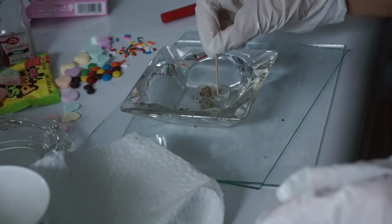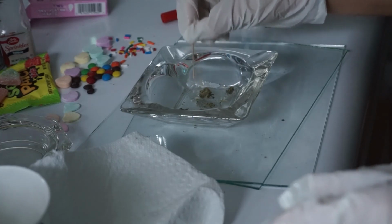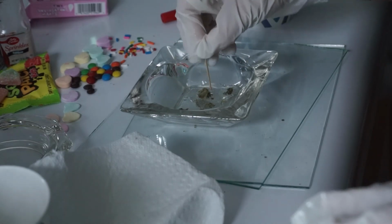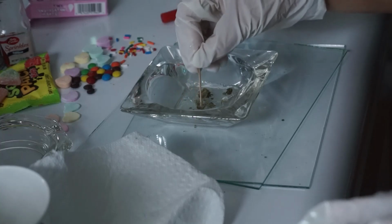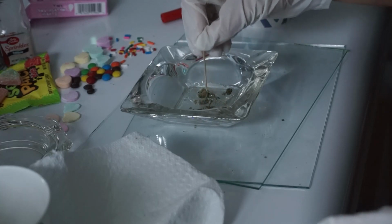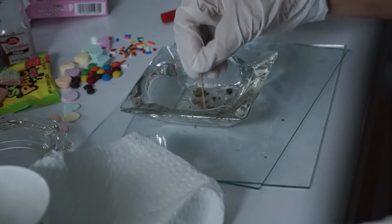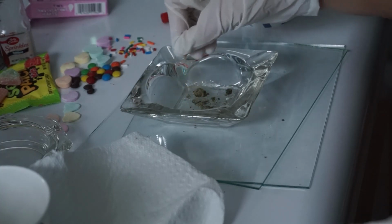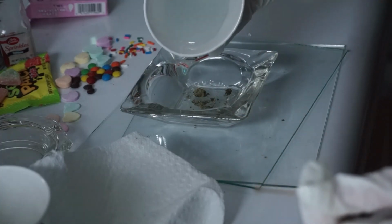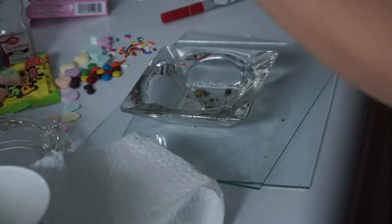And coat everything. I'm just trying to get rid of some air bubbles here. I've seen other suggestions like put the resin in warm water before, and I know people use pressure pots and things like that. That seems a little bit extra for my uses, only because I don't really use resin too much. But alright, so now I'm gonna pour a little bit more in, and I don't think the air bubbles would really affect this one. This is kind of just a practice one as well,